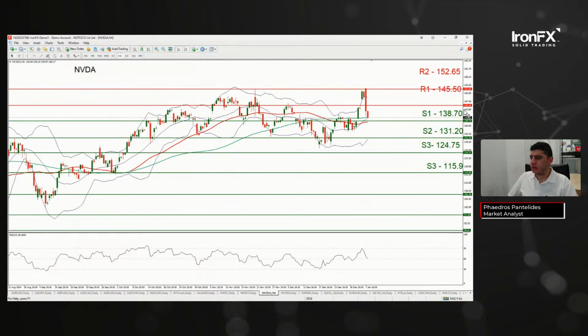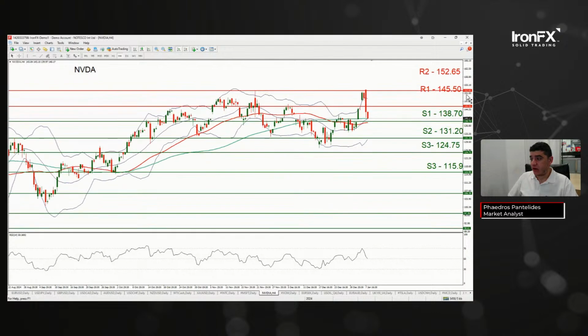Ooh, Nvidia. Note how that R2 level at 152.65 held up. That is quite interesting. Looks like the announcement was well received initially, but is since moving lower. This could also be in effect due to the concerns